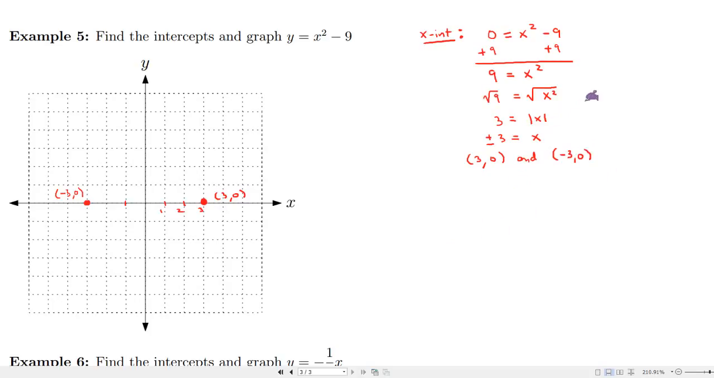All right. Just so you know, at this point, for future solutions to such a thing, if you don't want to write this absolute value step, you could alternatively write plus or minus the square root of 9, and that's equal to x. But I think it's good to actually see all the steps here. Okay, so for the y-intercept, what are we going to have to do for that? Well, y-intercept,